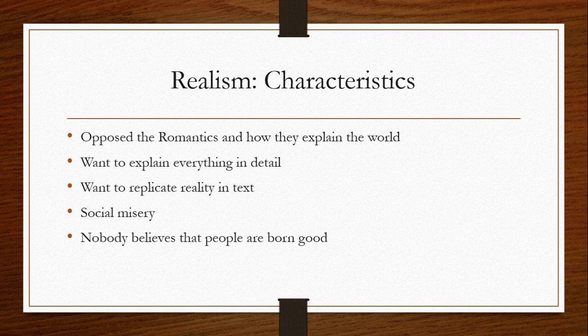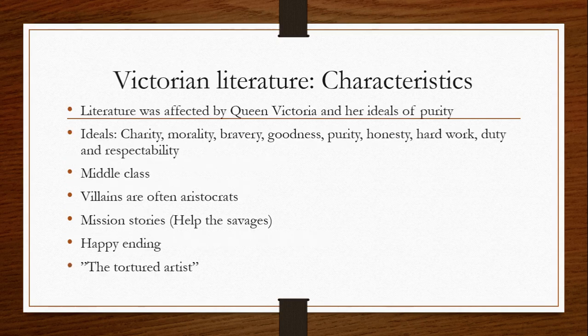They sort of believe that people are born capable of horrible things. And they want to show that by writing texts that focus on the darker parts of reality, the social misery, the wars, slavery, etc., etc. So that is why a lot of the literature from this period is quite depressing, actually. But then again, on the other hand, we have Victorian literature,